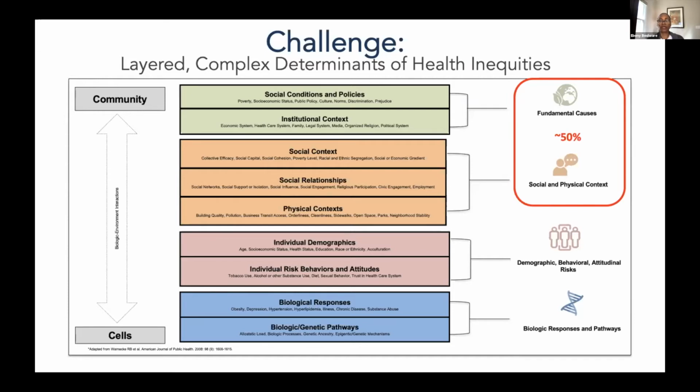The point of this being, and it's now increasingly believed, that these fundamental causes, the social and physical context, actually may make up 50% or more of individuals' health and well-being. So when we're thinking about health inequities in particular, it's very important to look at the biological processes and how and why things are happening at the molecular level, but then many of those drivers and mechanisms actually happen at the macro level. And so it's very important to keep that context in mind and think about that as we study these phenomena.